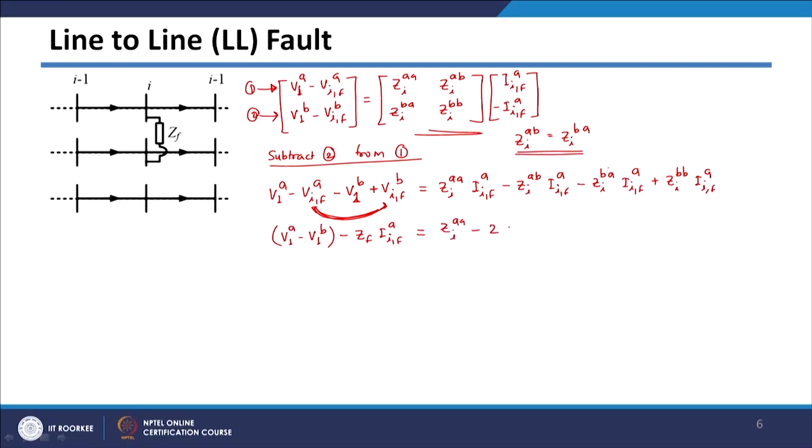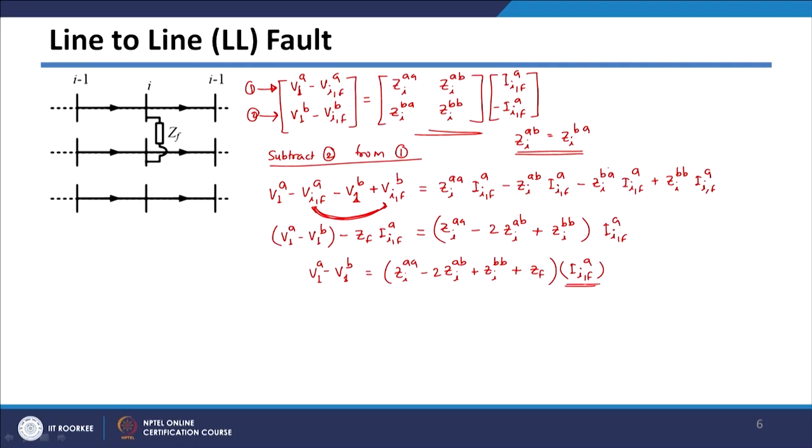So, minus twice of ZIAB plus ZIBB, it will be getting multiplied with your fault current in A phase. And from this ZF we can take on the right hand side. So, I can write V1A minus V1B will be equal to ZIAA minus twice of ZIAB plus ZIBB plus your ZF into fault current in A phase will be this one, and we are basically interested in